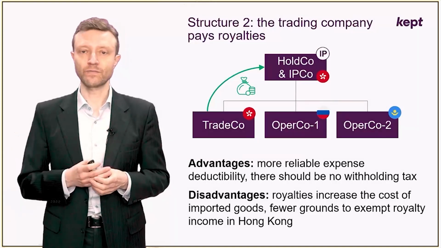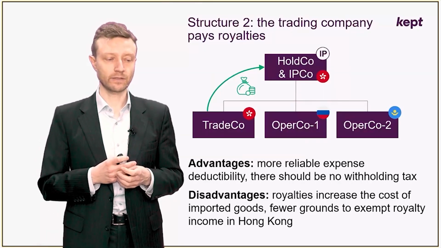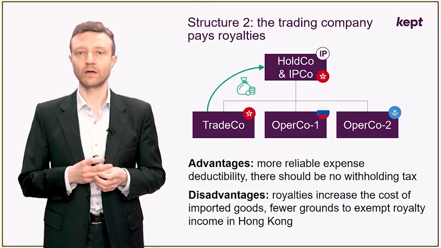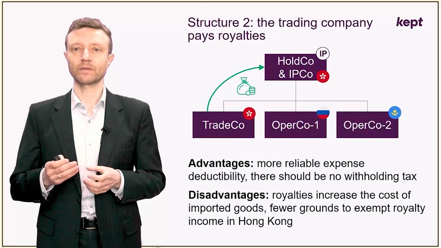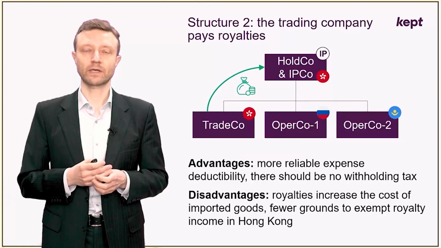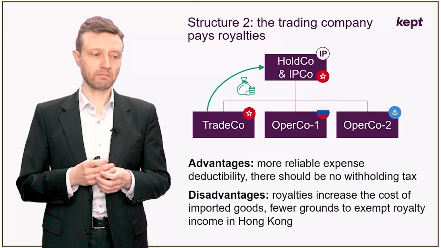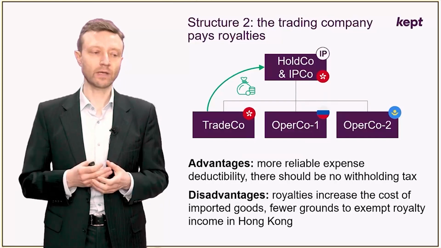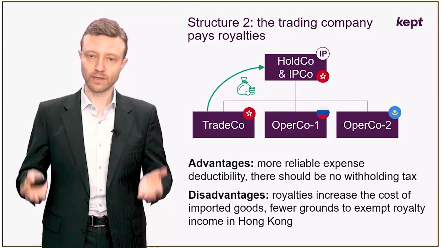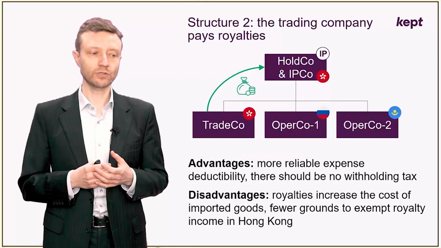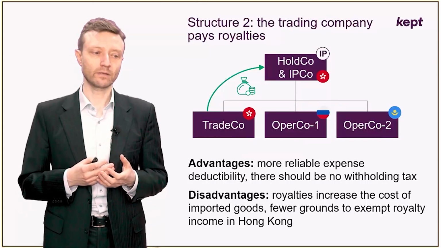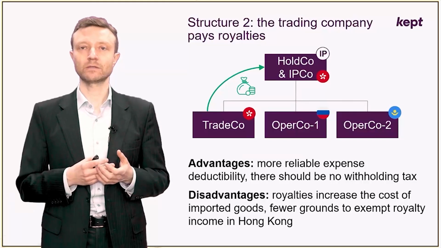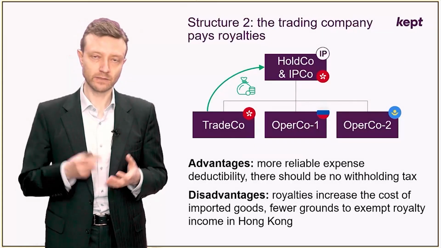But the cost of this is that the price for the operating company that is used as a basis for customs duties increases, in which case the customs duties become higher. And the conclusion here is that it usually makes sense to compare different operating companies and different